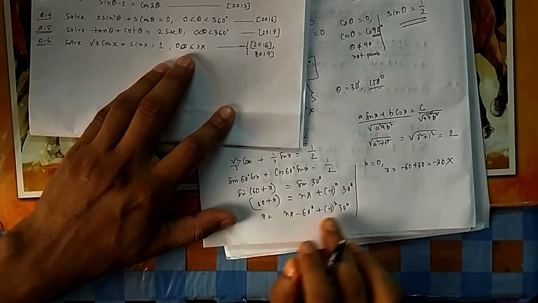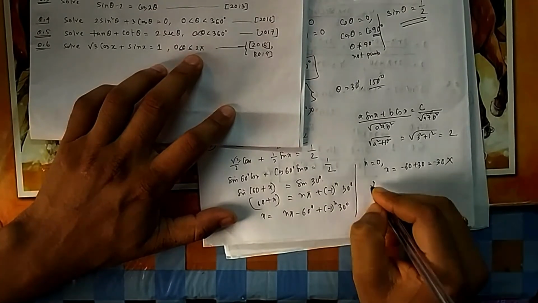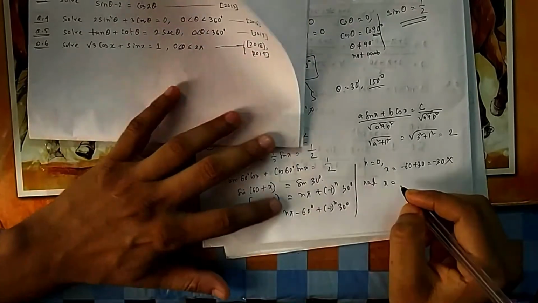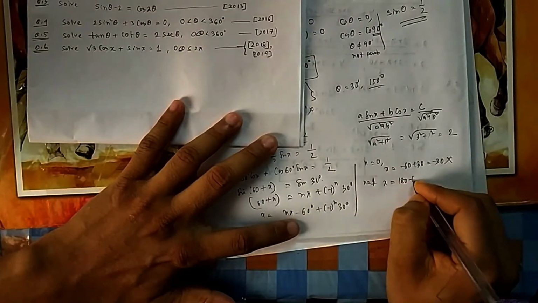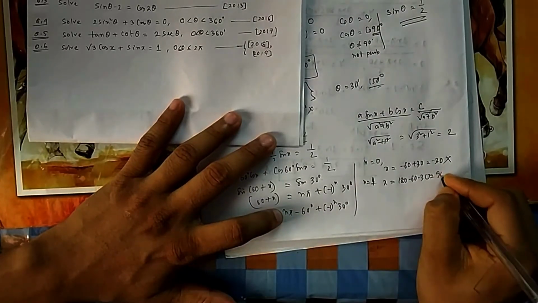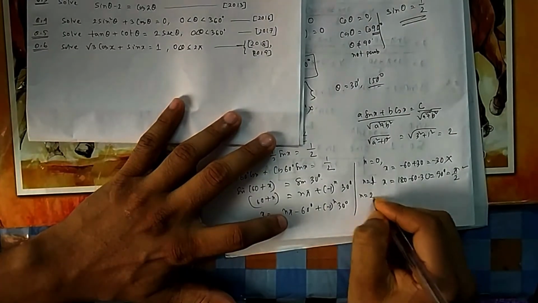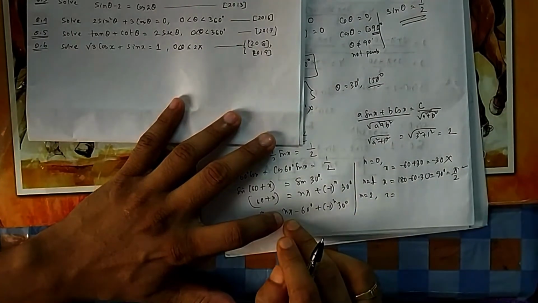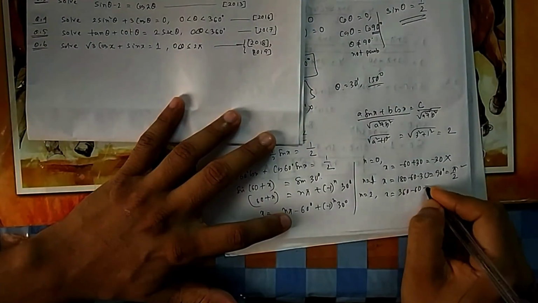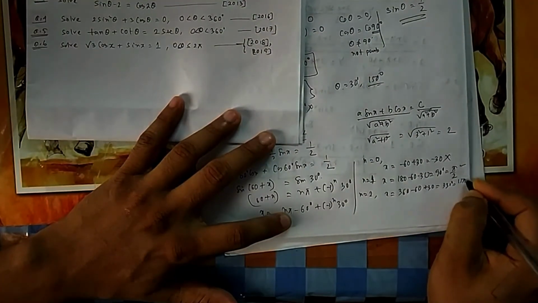You can put negative, but negative will give you a negative answer. Negative is not feasible here, because you have to write between 0 to 2 pi. So if I put n equal to 1, what will x be? 180 minus 60 minus 30. If you put 180 minus 60 minus 30, that is 90. So 90 we will write in pi by 2 format. This can be one answer. If n equal to 2, then x equal to 360 minus 60 plus 30. So 330. So this one will be equal to 11 pi by 6.